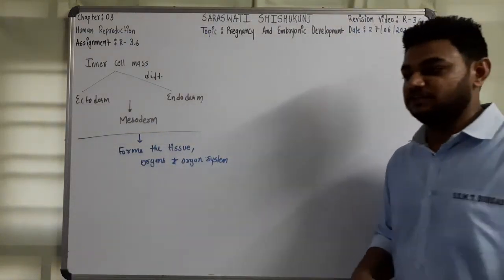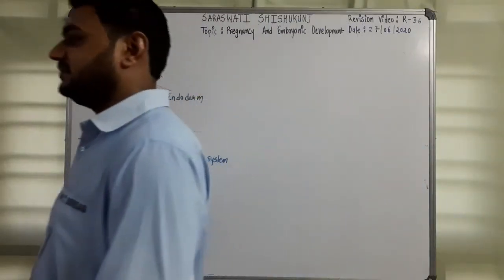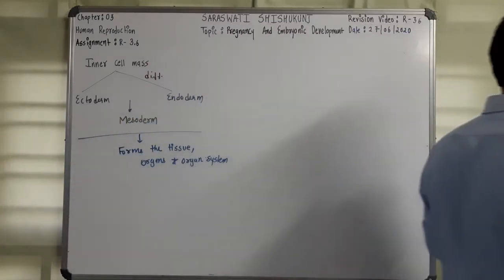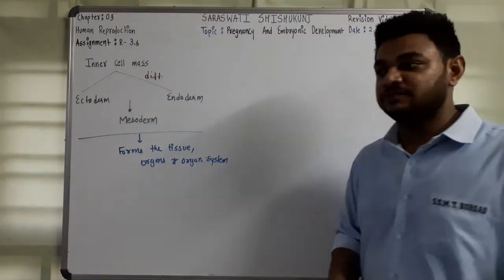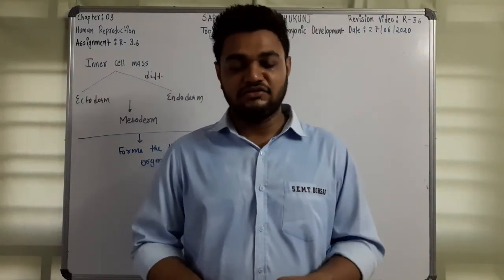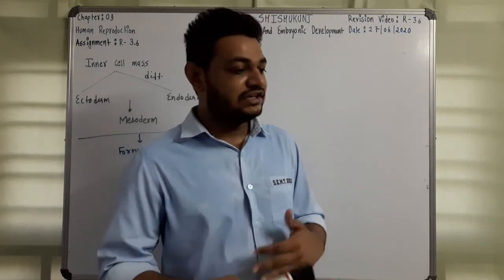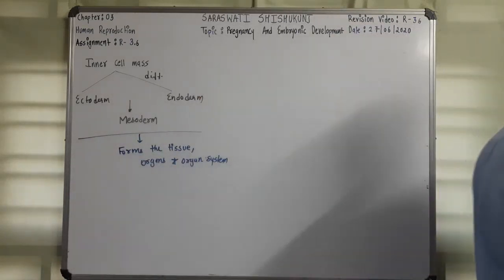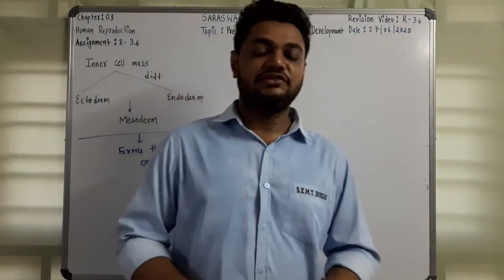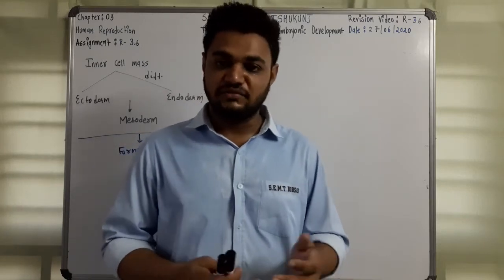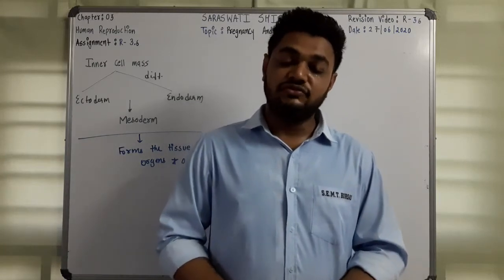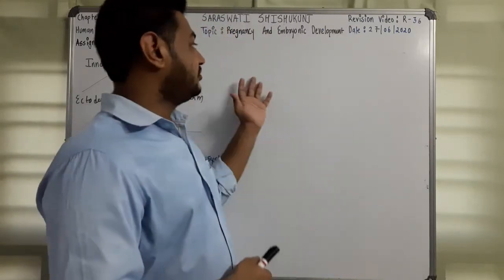We are talking about 12 weeks, which is approximately 3 months. At the 5th month you can see the movement of the body. At the 24th week, the body is covered by hair. And finally at the 9th month the pregnancy is completed, which means the fetus is fully developed and ready for delivery. So this was about pregnancy and embryonic development.